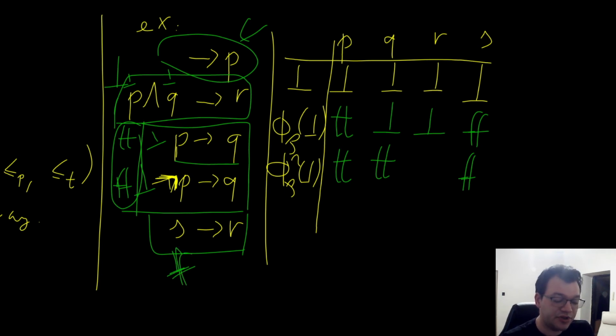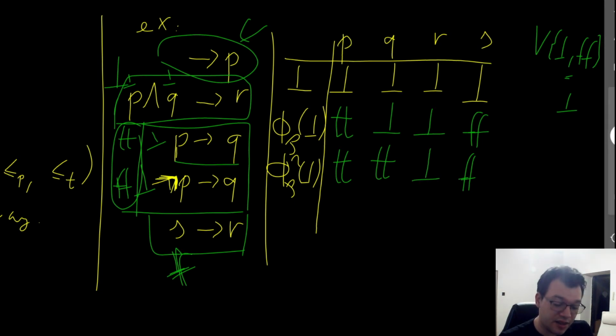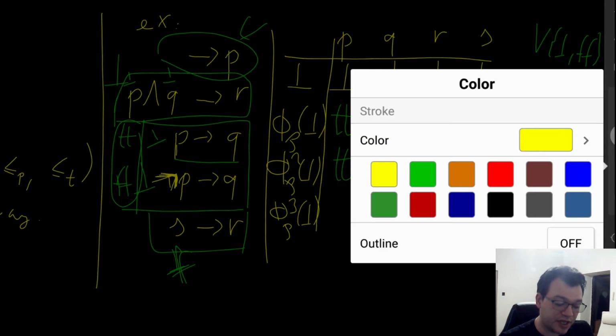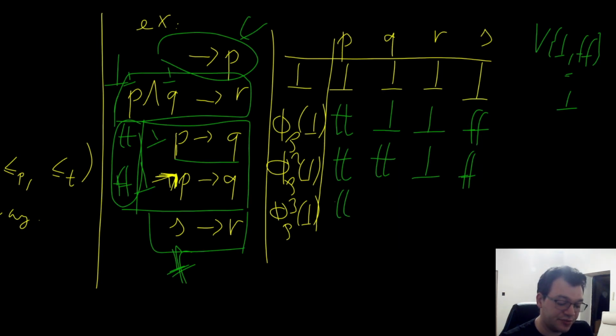So I have to take the supremum of unknown and false, which is unknown according to the truth ordering, because false is the least element of the truth ordering, so that's still unknown. And then in the next step I'm just iterating, and I will get that this is still true, this is still true, this is still false, and for R I will get